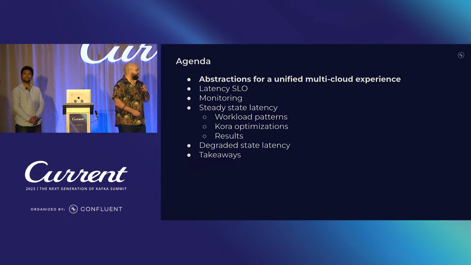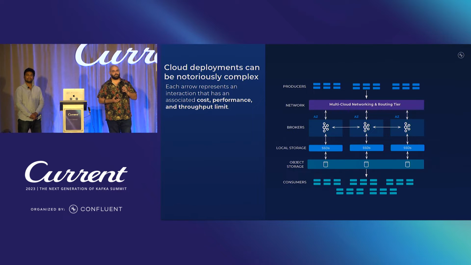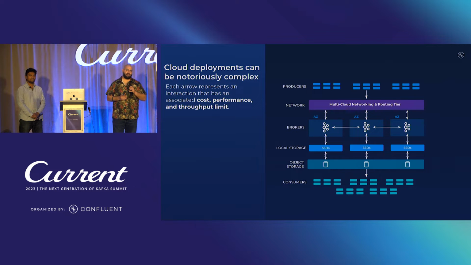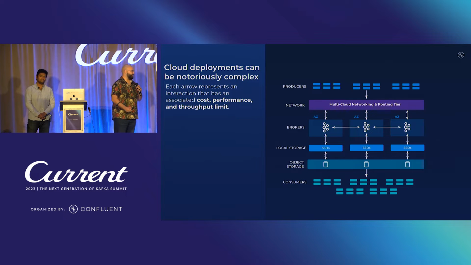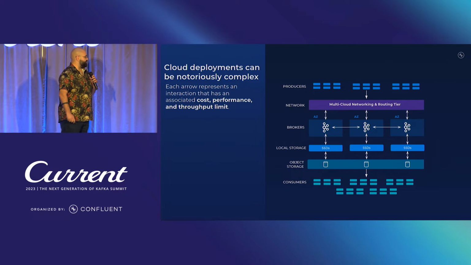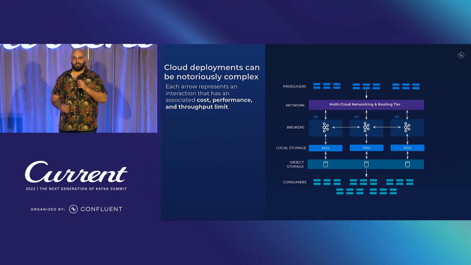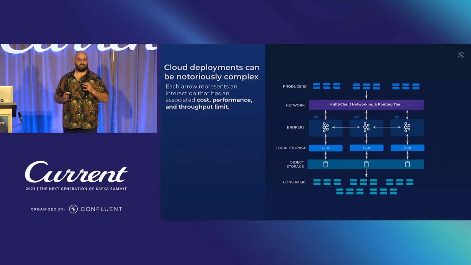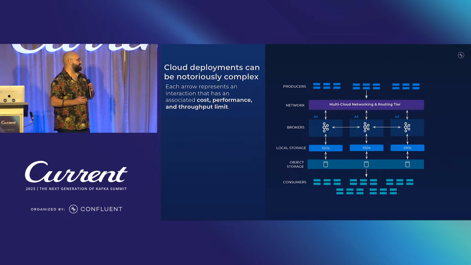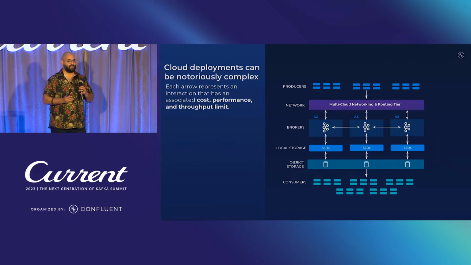So the first thing we want to talk about is the abstractions, which is effectively the user experience goals that we have. And to kick things off, I want to talk a little bit about the complexities that we're trying to abstract, or the complexities that we're trying to solve for. As we zoom into that architecture diagram a bit further, you'll see here we have all these arrows, and each of these arrows represents a touch point of some sort. And each of these touch points have an associated cost, a performance characteristic, they have a throughput or capacity limit,